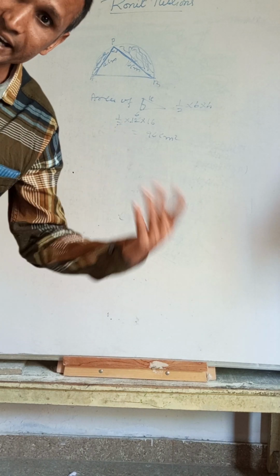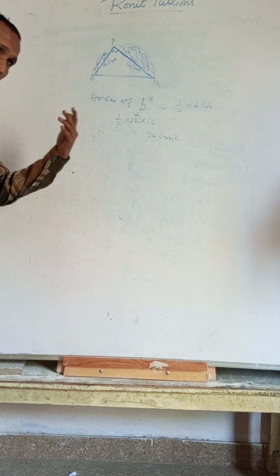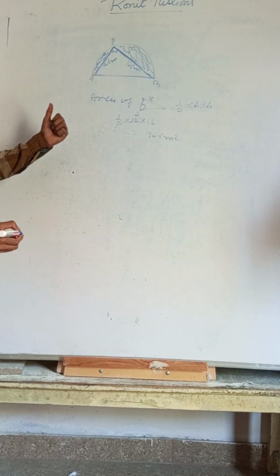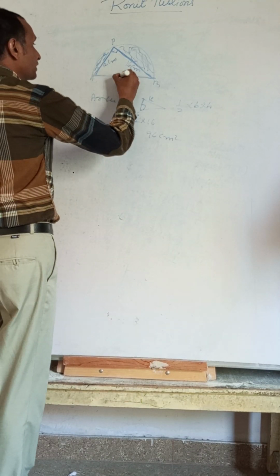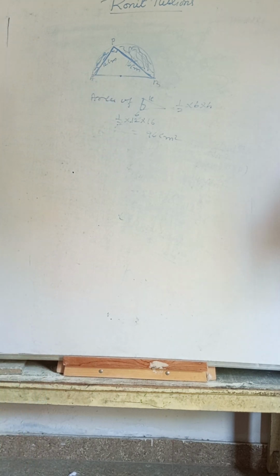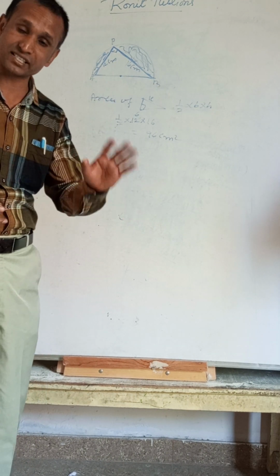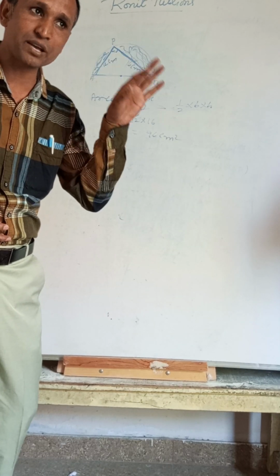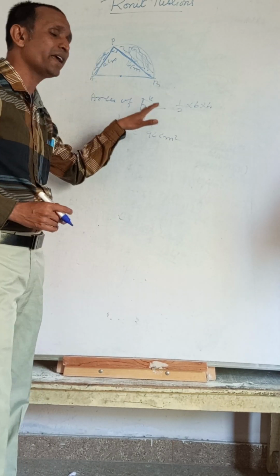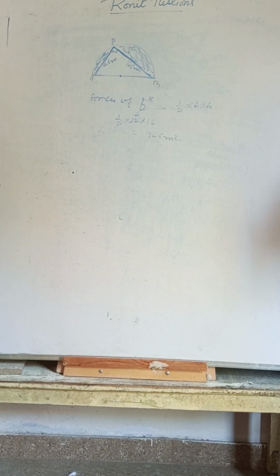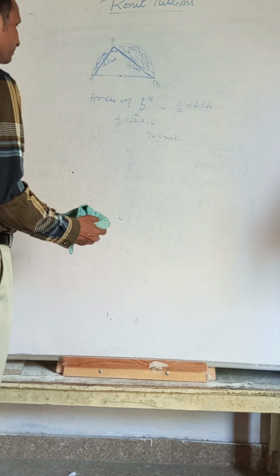It is asked for the unshaded region, but if it is asked for the shaded region, then what do we have to do? First we find the radius of the circle. After that, we find the area of the semicircle. From the area of the semicircle, we subtract the area of the triangle. Then we get the answer for the shaded region. How can we find that? Suppose the same question is given, find the shaded region.